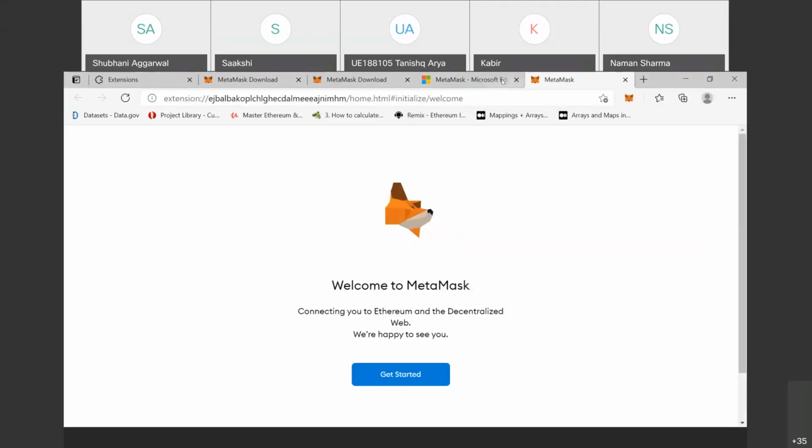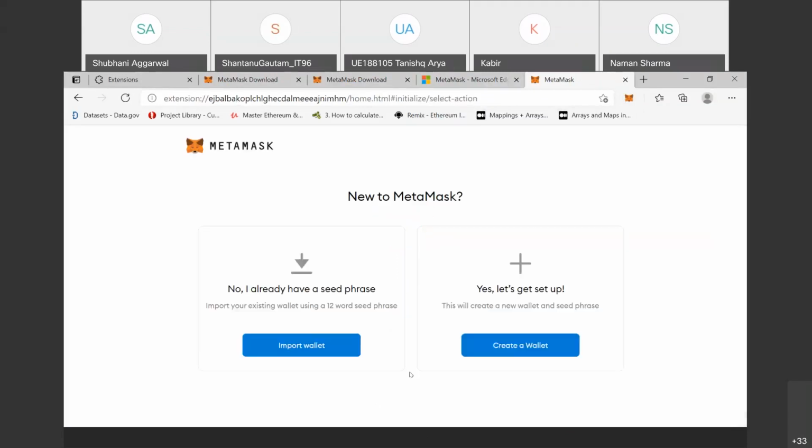So now start it. Here are two options. The first one is no, I already have a seed phrase, or yes, let's get set up. Click here, this will create a new wallet and seed phrase.